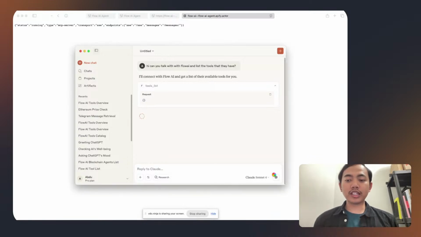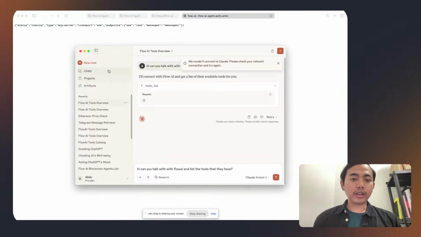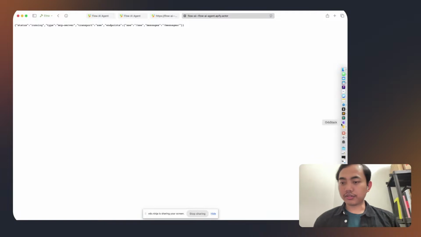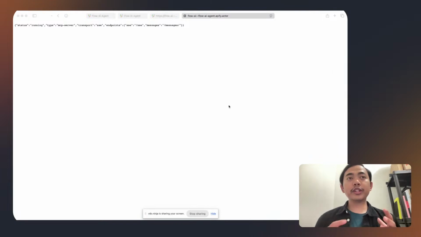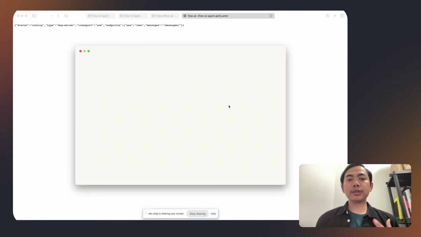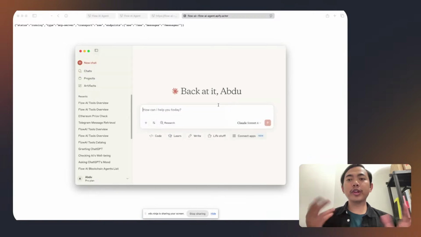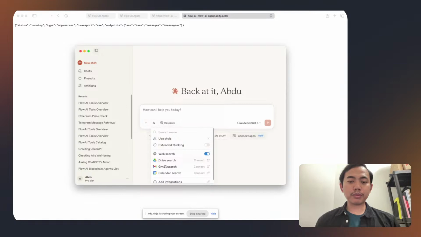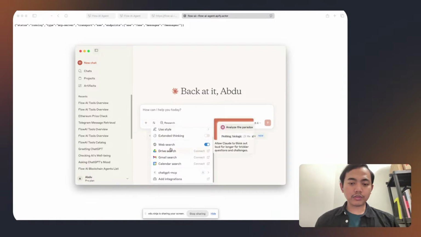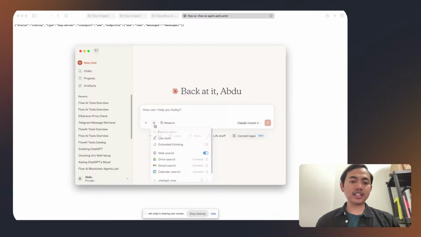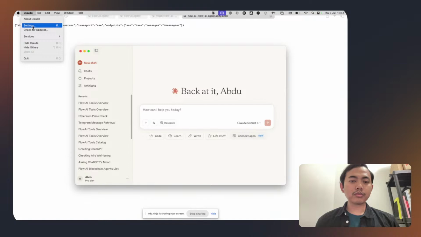So I'll stop now and I will rerun the Flow AI. I close my cloud and I open it one more time. When you open cloud or any MCP host, there is some window of time where it tries to load all the MCP tools that are available. And once they are available, they show up here. For example, now it is empty, right? There is no MCP. But a few seconds later, there is ChatGPT. And a few seconds later, if it works correctly, it will show the Flow AI. So let me see. Apparently there is an issue. So let me see the developer.